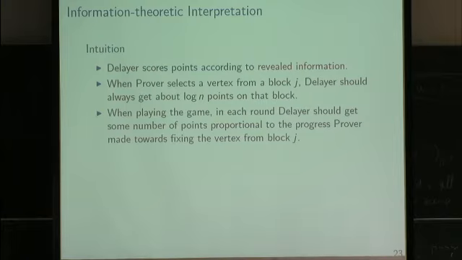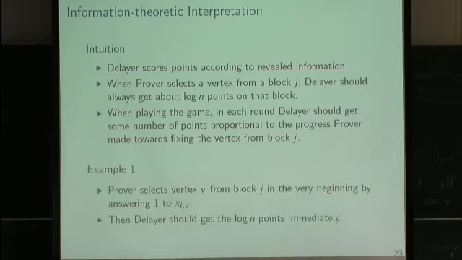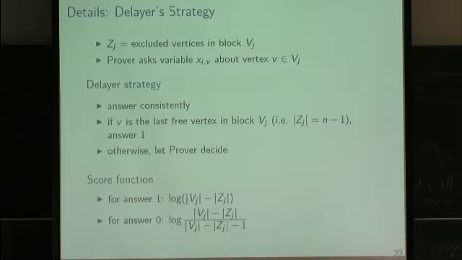And when we play the game, then in each round, the delayer should get some number of points that are proportional to the progress that the prover makes towards fixing the vertex from block j. Let's look at some examples that illustrate that better. Suppose that the prover selects vertex v from block j in the very beginning, so nothing is known about block j. And at the first query, the prover says, I put a 1 there. Then the delayer should get the log n points immediately. And in fact, that's what he does, because this is 0 and this is n, so he gets log n